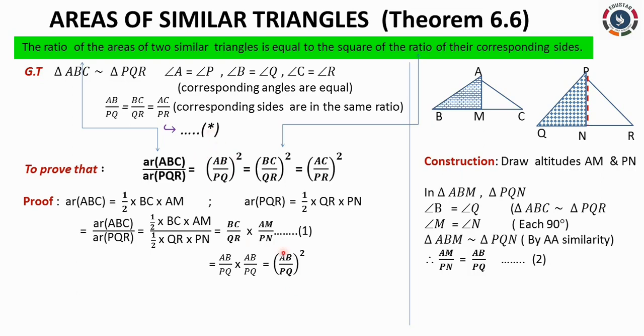Can you understand? And to get BC by QR the whole square, we have to draw an altitude from the vertex B. And to get the third ratio, we will draw an altitude from the vertex C. We don't want to write all these, but you can write it similarly. So only one part is more than enough to prove, and the second and third we can write similarly. We will get the result as these three ratios are equal to each other, even the square values also equal to each other. So at last we will get